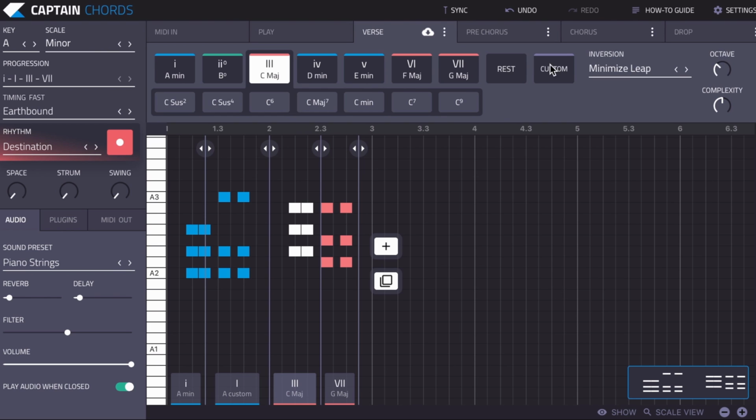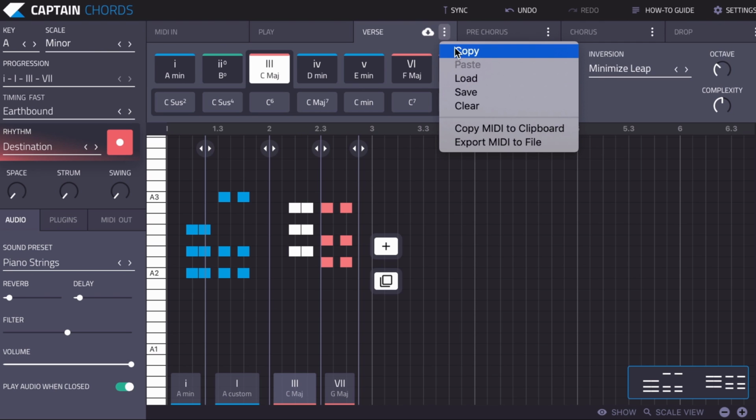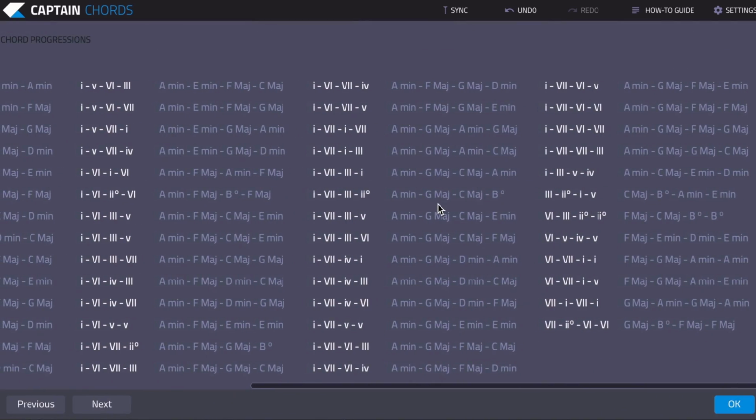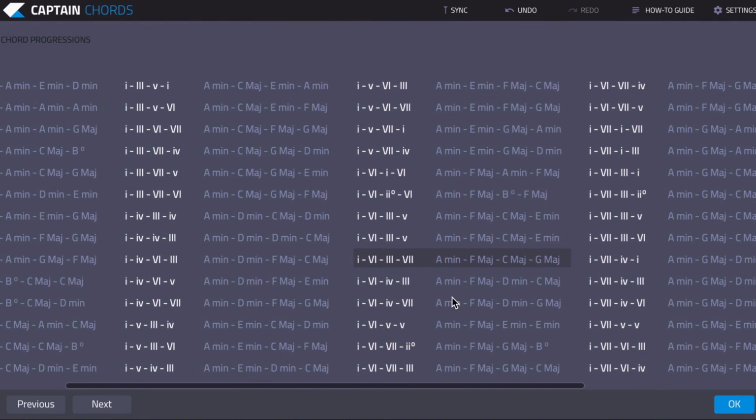And then if we just go back, I think what we'll do is we'll just clear this here. This is a quick way to clear the canvas. When we talk about the canvas, we're talking about this part here. You could also call it a piano roll. So we just clear this, and we'll just choose another progression. Let's see, this one.